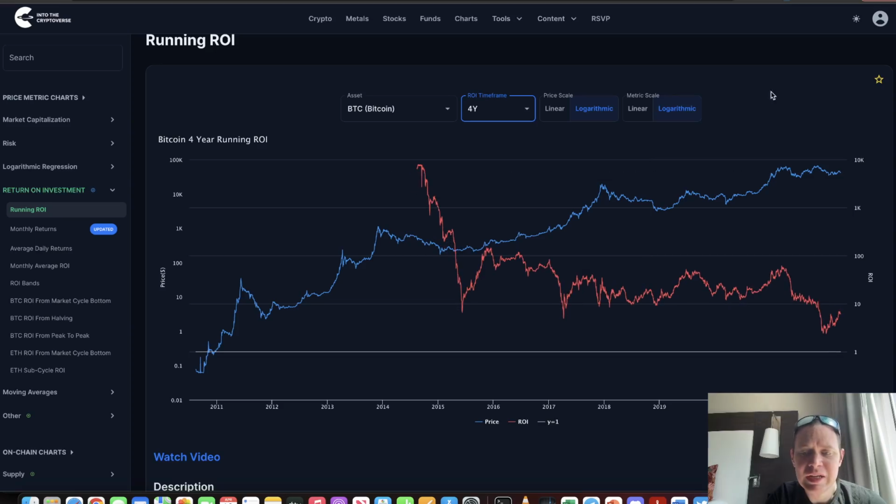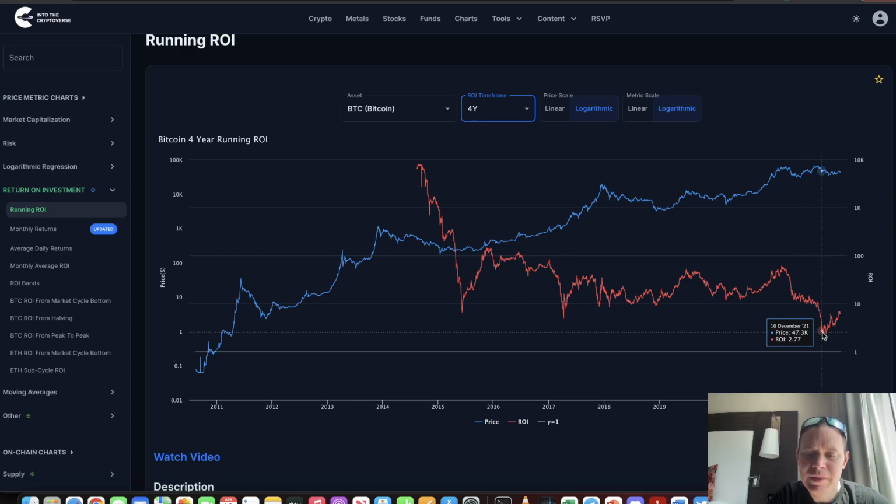The last chart is obviously the 4-year ROI. This one's really interesting because up until a few months ago, we had more or less always found our bottom close to a 10x. Of course, we've talked about this before. It will not always stay like that. Just because, again, diminishing returns, you cannot assume that we'll see a 10x every 4 years forever. It's just an unfortunate consequence of diminishing returns.